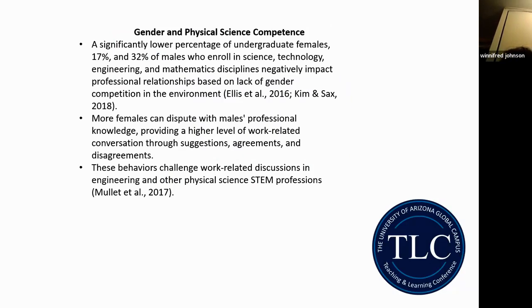Gender and physical science competence. A significantly lower percentage of undergraduate females, that's 17%, and 32% of males who enrolled in science, technology, engineering, and mathematics disciplines negatively impacted professional relationships based on lack of gender competition in the environment, based on Ellis